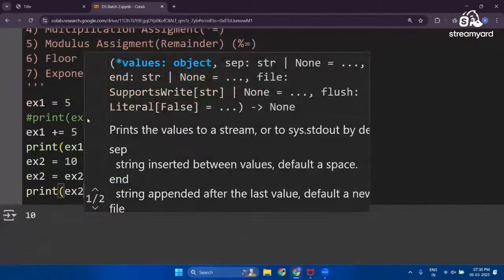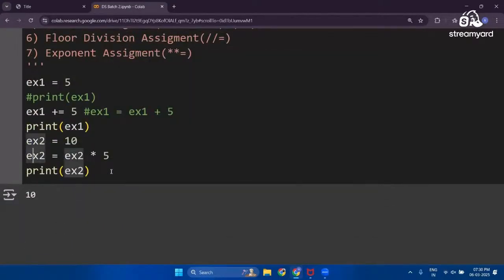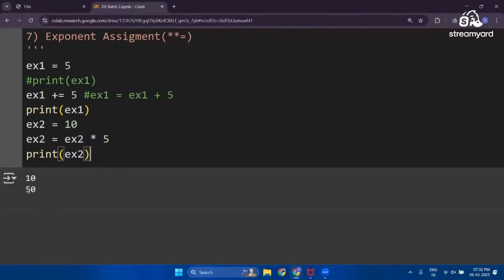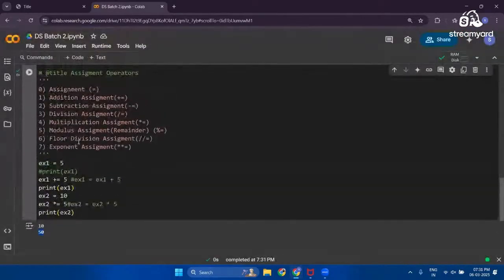Can you tell me what will be the value here? ex2 was 10, right? 50, perfect. You're able to see I'm getting the value as 50. Same thing, if I wanted to do it with the help of multiplication assignment, how can I do that? ex2 multiply is equal to and mention the value. You're able to see I'm getting the same answer, right? So this is the example for some of the